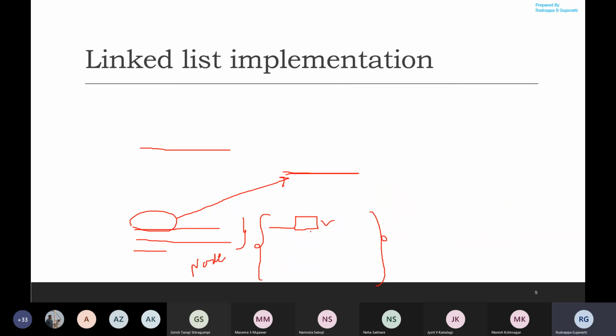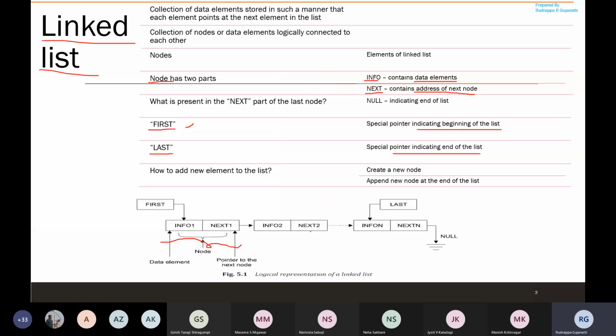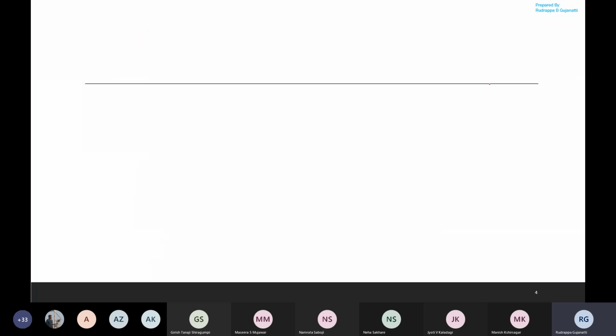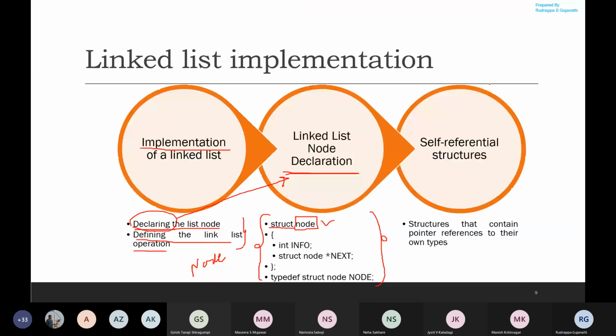And what are the two fields we had discussed in the previous session? The two fields pertaining to a node are the info field and the next field. The info field should contain the data element and the next field should contain the address information. If we observe here, we have declared info, and we are assuming that we'll be accepting the integer data type. So info will be storing the data element, which will be of the integer type.